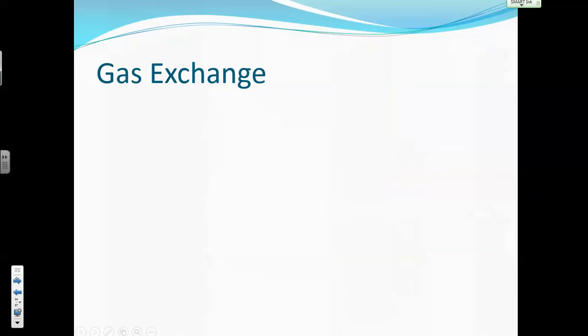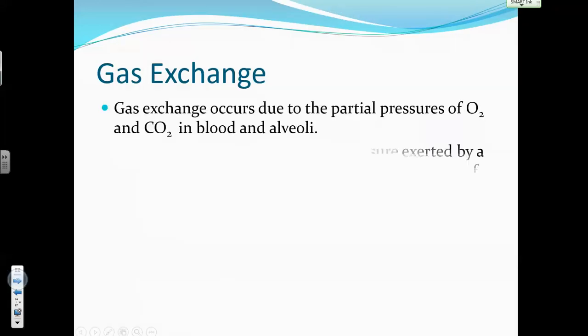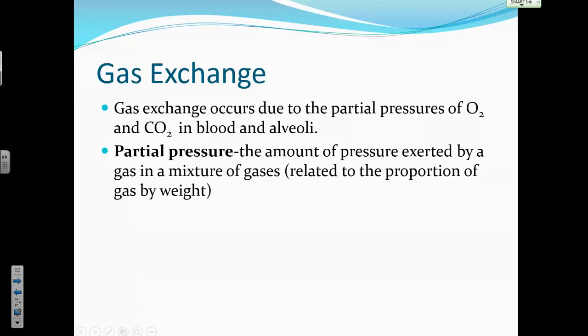All right. So this gas exchange, here we're getting back to these partial pressures. You know, gases always move from an area of high pressure to low, right? Air is a mixture of gases, all right? But each individual gas moves across the membrane because the partial pressure of that gas on one side is greater than the partial pressure of that same gas on the other side. So the pressure of CO2 in the blood has nothing to do with oxygen's movement.